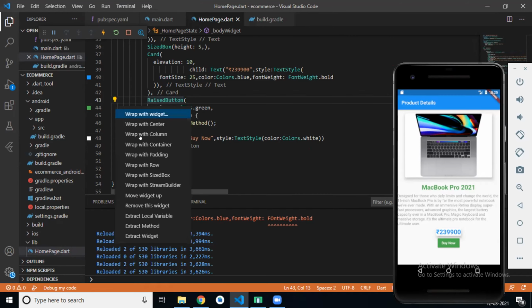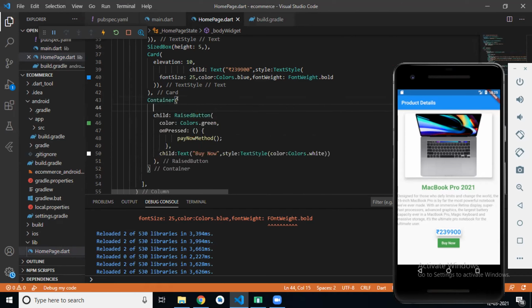So if I wrap this widget with container and give margin edge inset, we have already used this margin property, right?